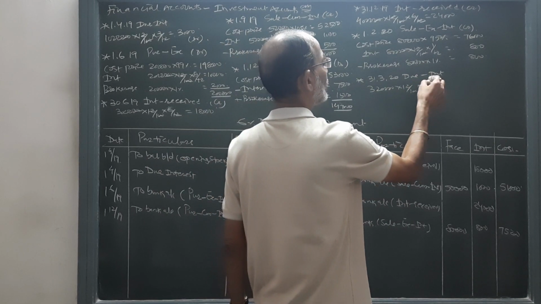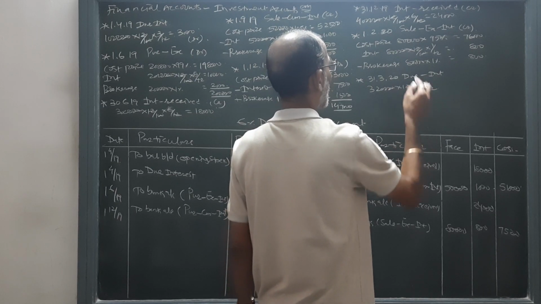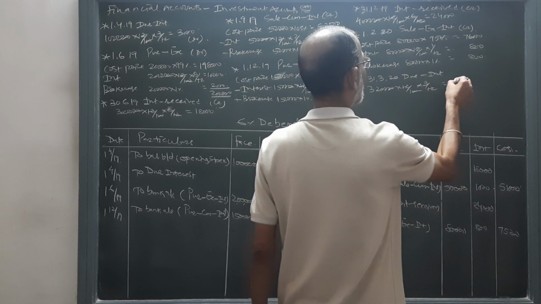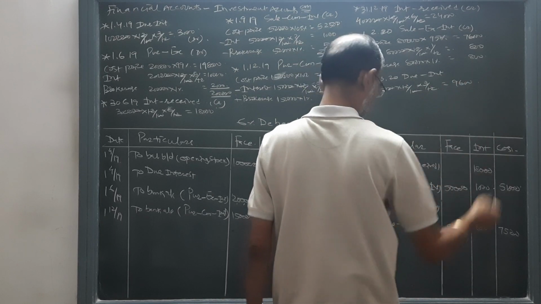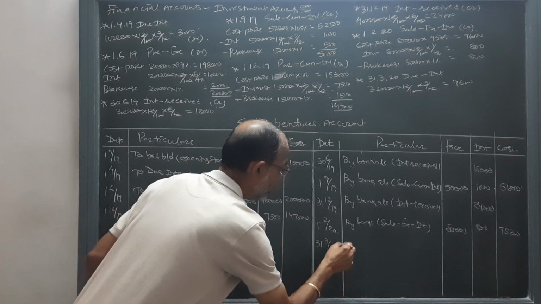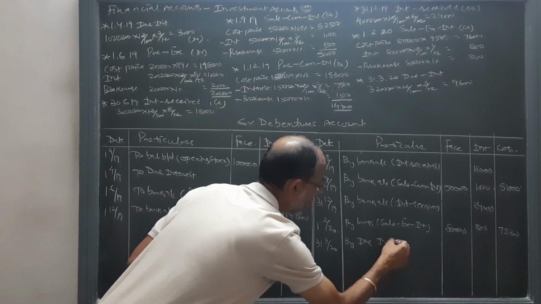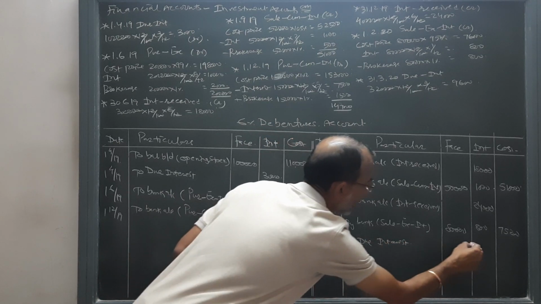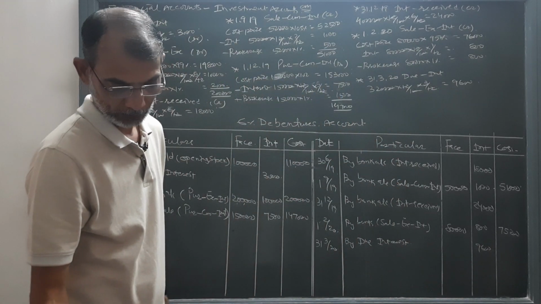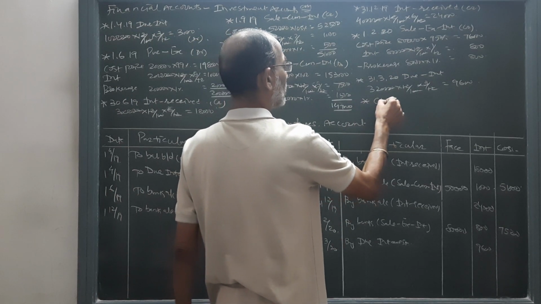12 percent for 3 months, that is 9,600. On 31st March 20, the due interest is 9,600. Now we have to find the closing stock,